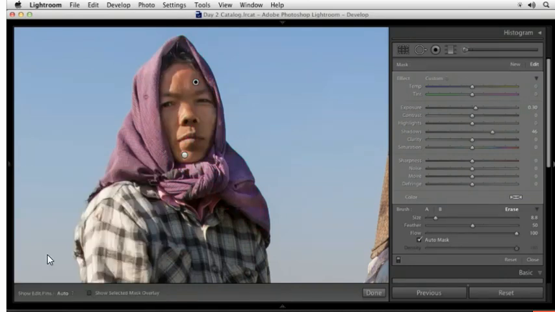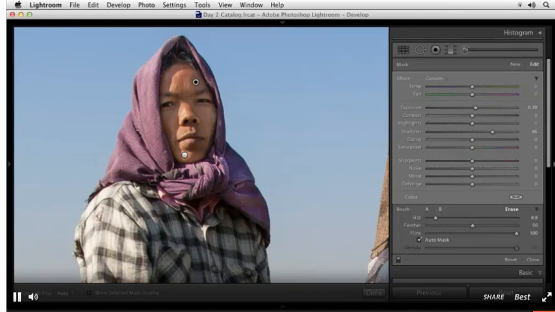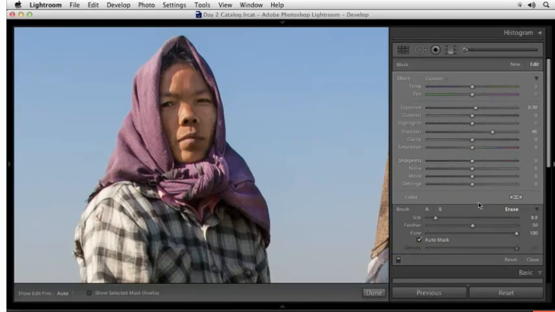If I wanted to brighten the rest of her wrap around her head, I would say that in here I want to change from the erase setting to over here the setting called A. What happens is if you want to already use the erase setting and you want to get back to adding to things, what you're really trying to do is